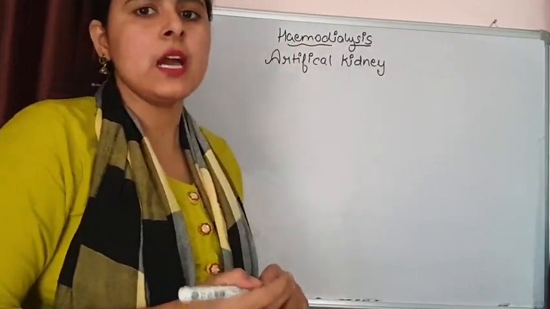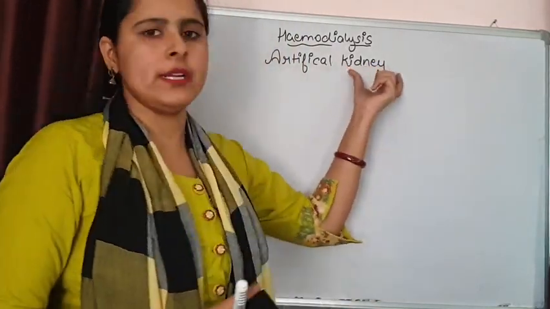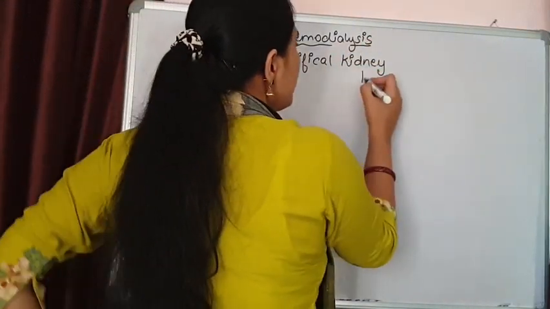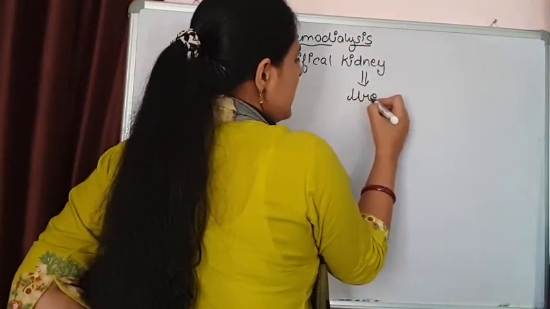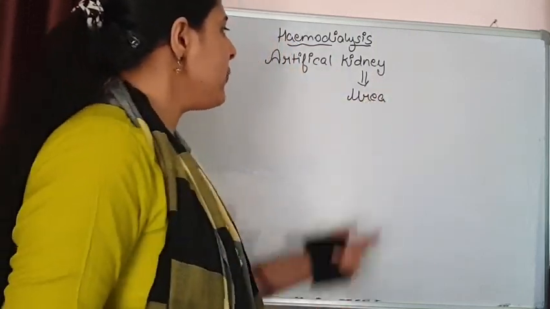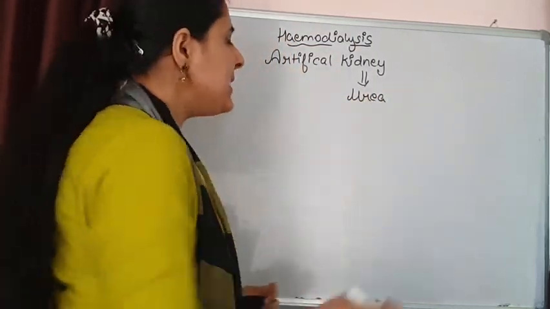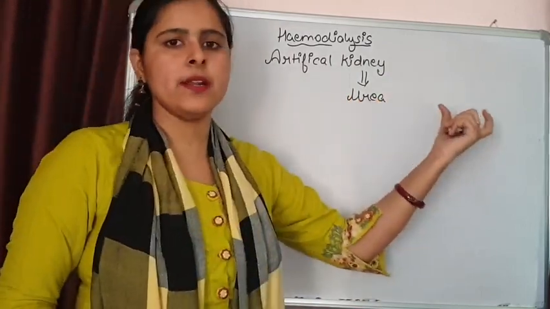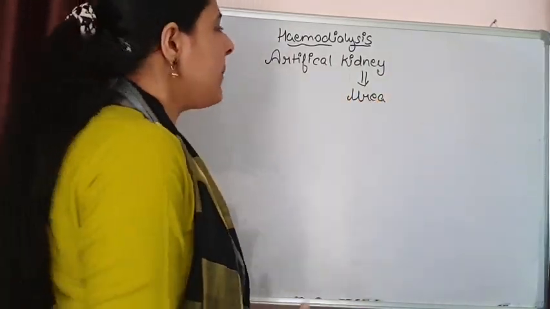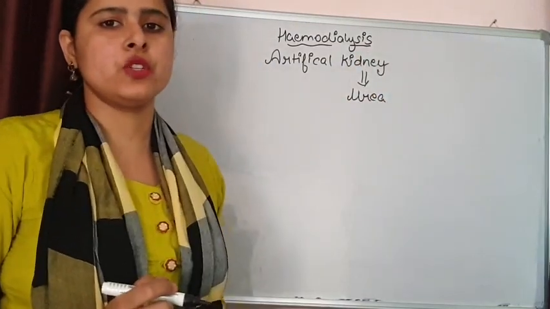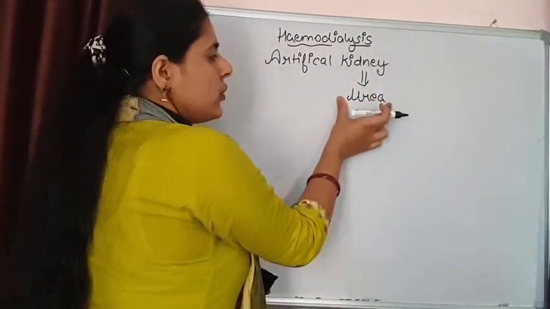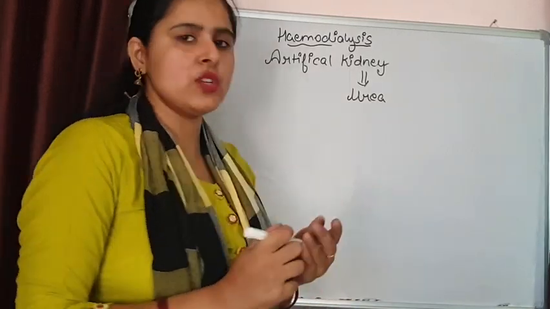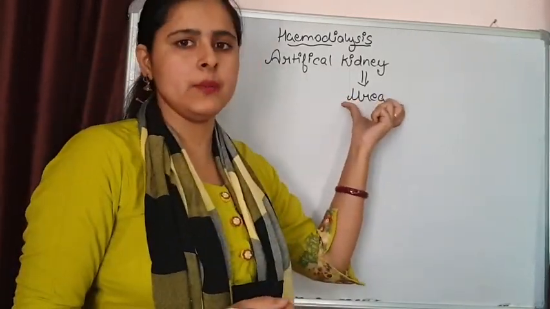When we were discussing our excretory system, we talked about the kidney. Basically, kidneys are the organs which are involved in the removal of waste from our body. The main important component of waste is urea. If the kidneys are functioning properly, urea will be excreted out of the body. Now, what will happen if these kidneys do not function? That leads to the accumulation of urea inside our body, and that will be a very dangerous situation because it is a highly toxic material.